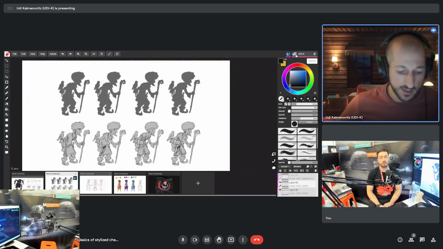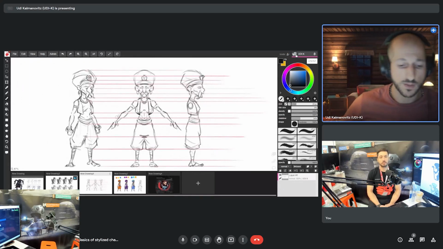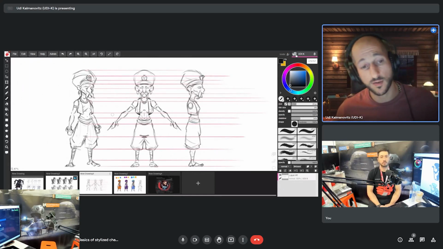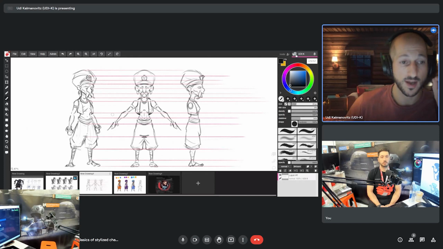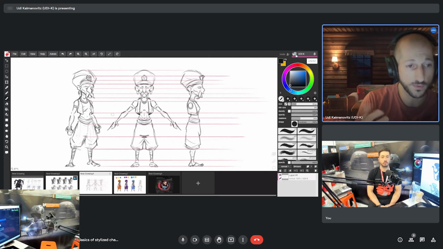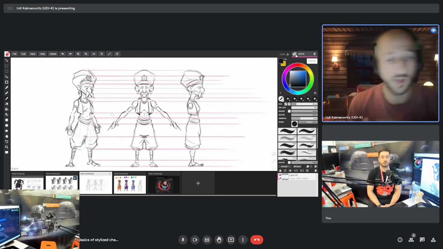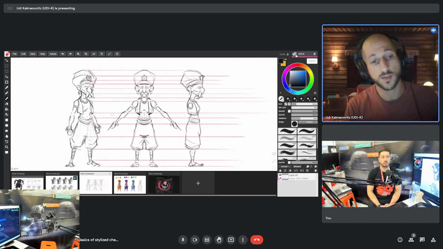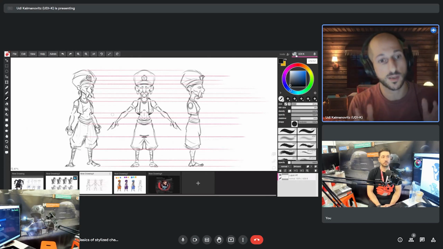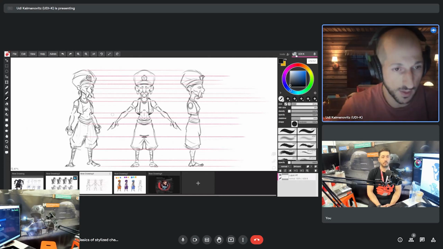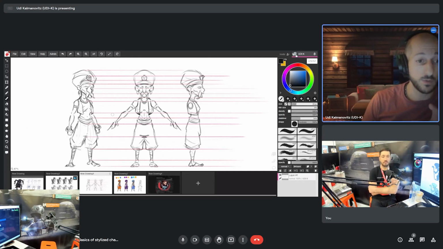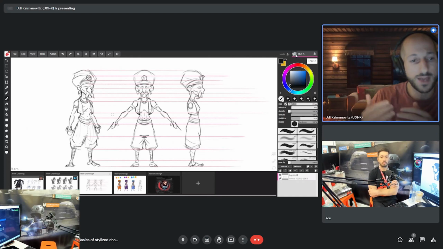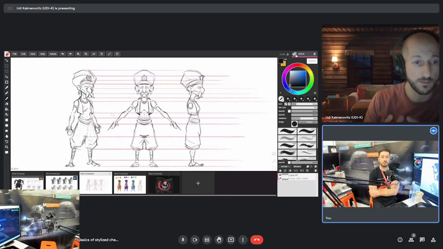So this character was done the same way. What you see here, I usually, when I start designing a character, and this is an important tip for everybody, I always try to start with a 3/4 view, like the 45 degree angle view. And sometimes people ask me, Udi, why are you always drawing your characters at a 45 angle? Why aren't you drawing your characters in a front view or something like that? Well, the reason for that is that the 3/4 view is the angle that conveys the most information about our